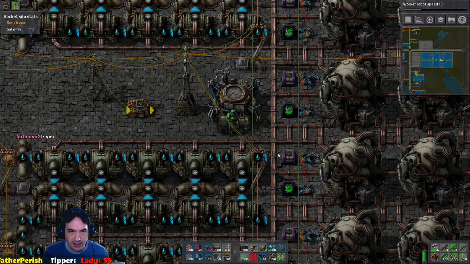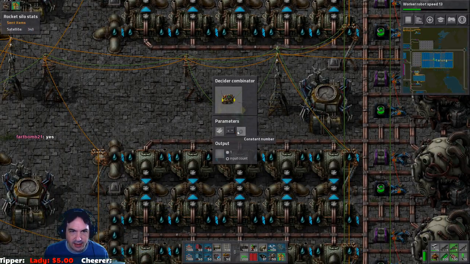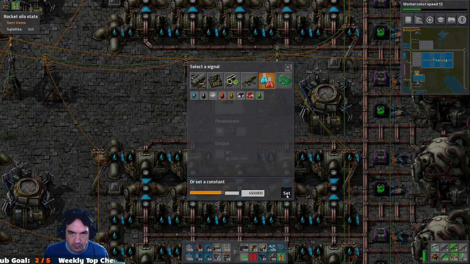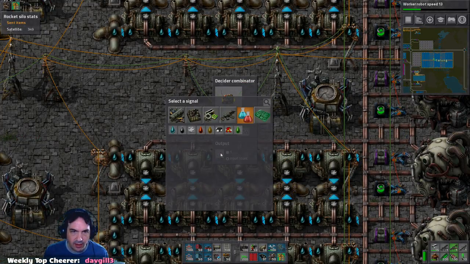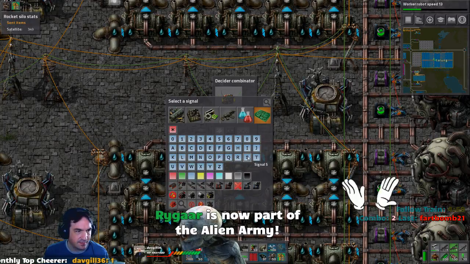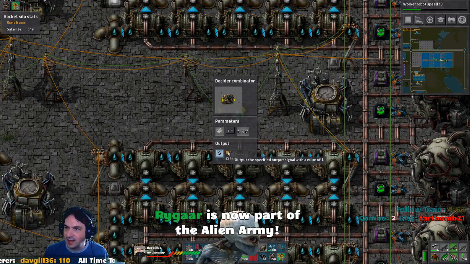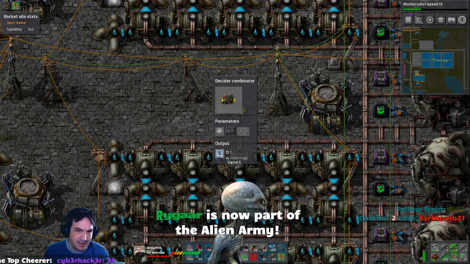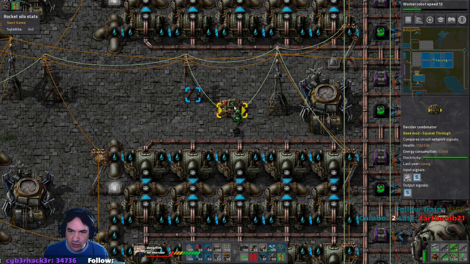So you see what this has kind of got... I'm going to change that, where that is less than, let's take 4,500,000. And we are going to output the signal of steam. And Rygar, thank you for the follow and welcome to the Alien Army. Alright, so we're going to put a signal of S for steam. So, while it's below,